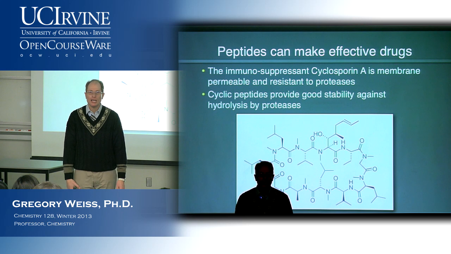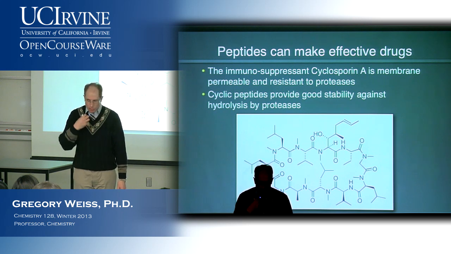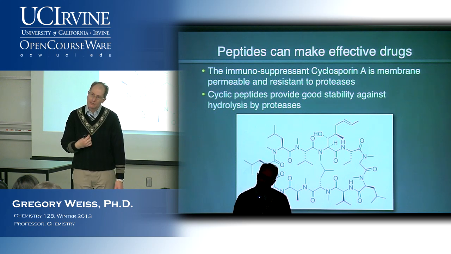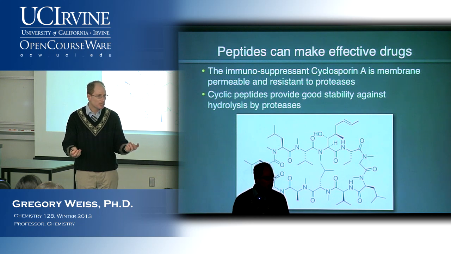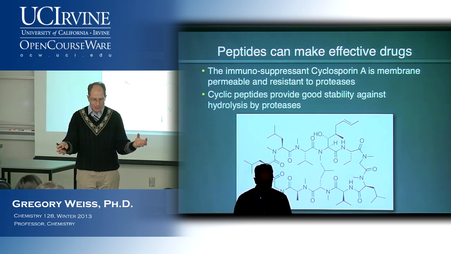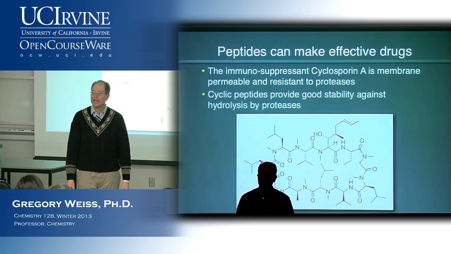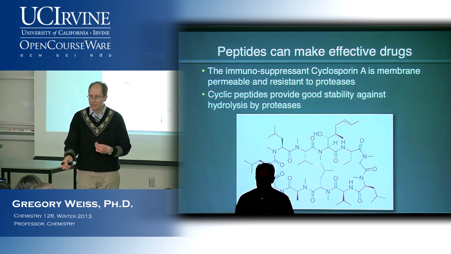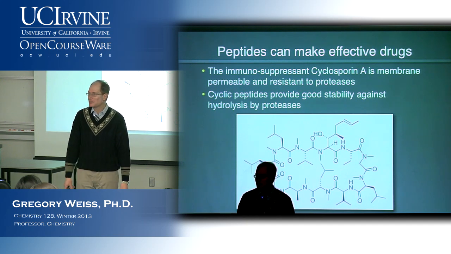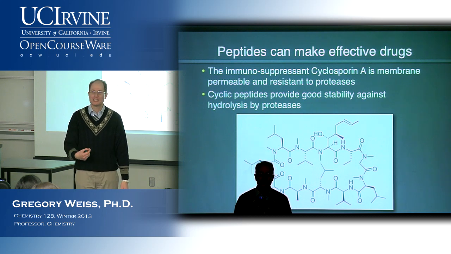The problem, though, is that when you give someone a pill orally, it drops into their stomach, where there's all kinds of proteases to hydrolyze amide bonds. Okay, and so if you give them a peptide that's unstructured, those proteases will catalyze the hydrolysis of the amide bonds. Okay, and that in turn will result in the destruction of the pharmaceutical, making it ineffective. Right? If the pharmaceutical gets digested readily, it's not going to be useful as a drug. Maybe it's a good amino acid supplement, but it's not going to be useful as a therapeutic.